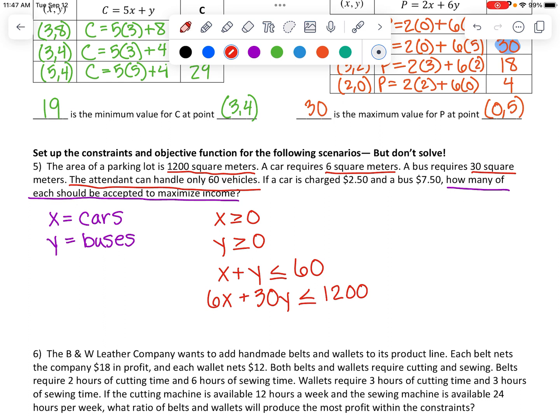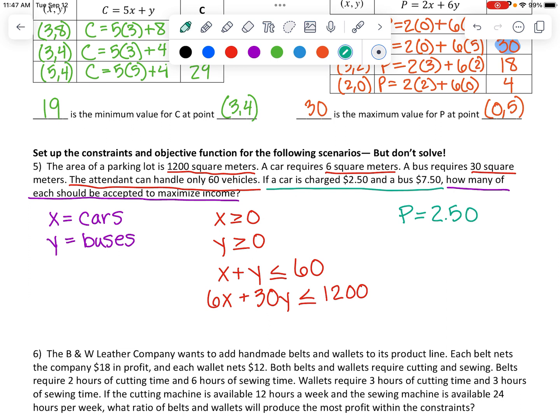The next part we need to look at is setting up our objective function, okay? We are trying to come up with the profit or the maximum income, the maximum money we can make from this parking lot attendant. So I'm going to go on to this last part. If a car is charged $2.50 and a bus is charged $7.50, how can we use that to find our maximum profit? So I'm going to say P is equal to